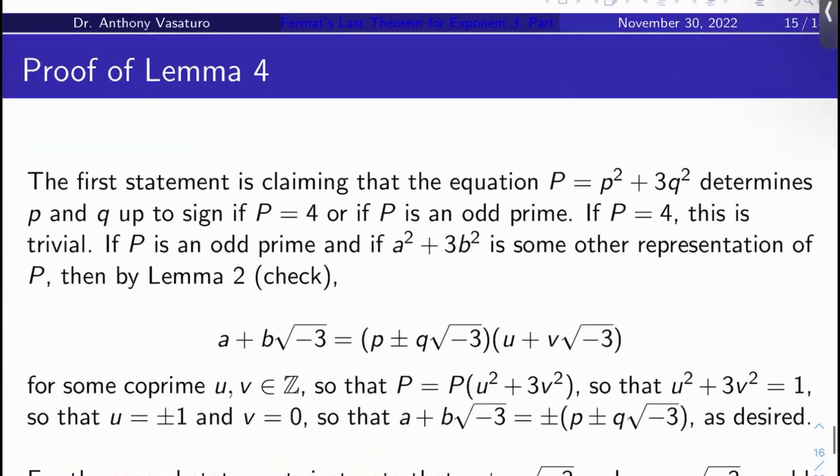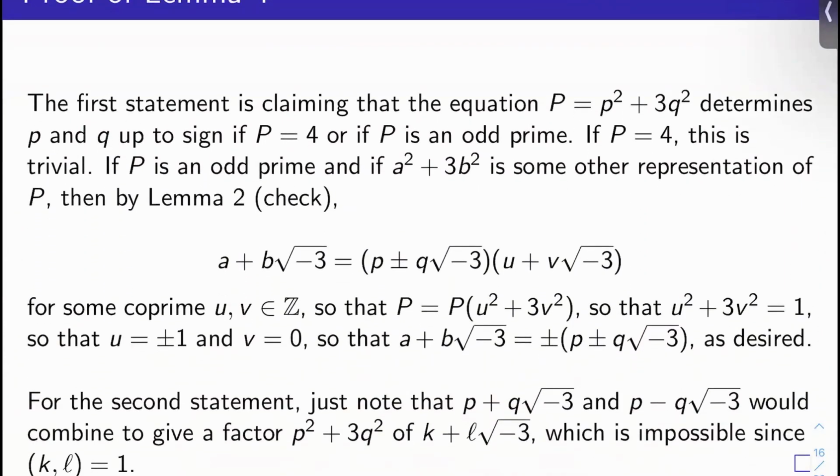Okay, this is not hard actually at all. What is the first statement really claiming? It's just claiming that the equation big P equals p squared plus 3q squared determines p and q up to sign if big P is 4 or an odd prime. Well, if big P is 4, this is completely trivial. Okay, so check that. If big P is an odd prime, and if a squared plus 3b squared is some other representation of big P,